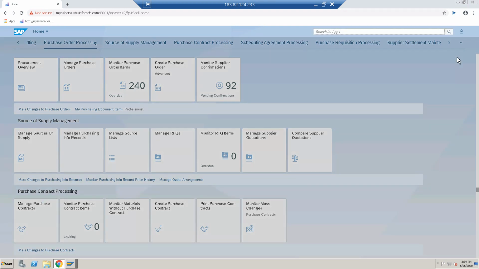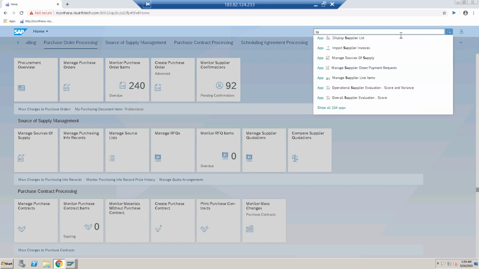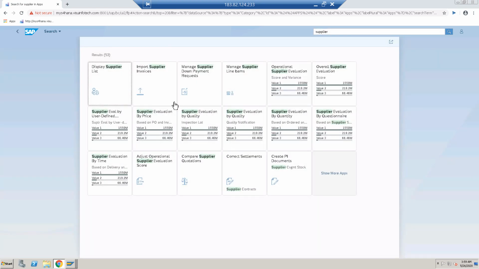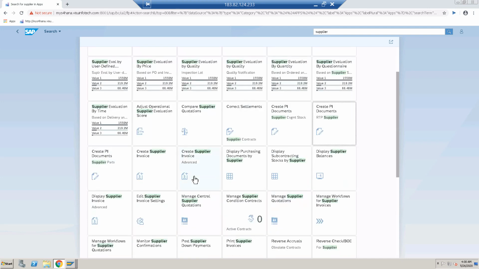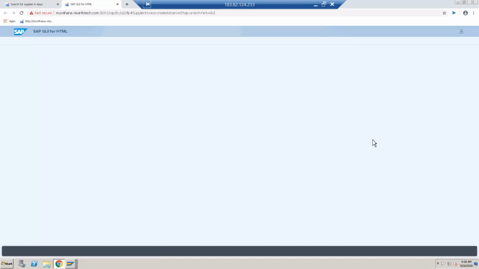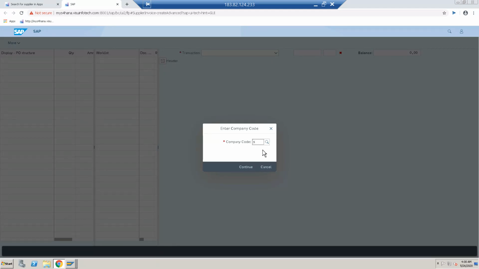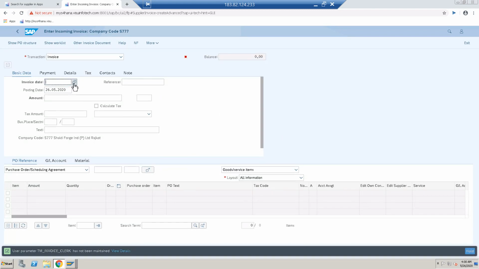For your reference I'll search the description of the tab. Just enter the supplier. It will show all the invoices including the supplier. Look here, which one is it? Yeah, create supplier invoice. Click here. Okay, enter your company code. Enter invoice date.